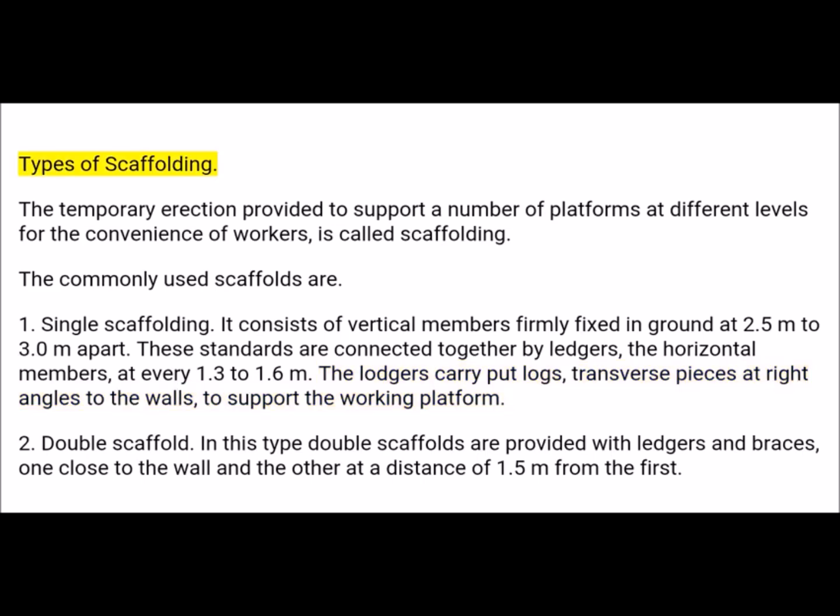Types of scaffolding. The temporary erection provided to support a number of platforms at different levels for the convenience of workers is called scaffolding. The commonly used scaffolds are: